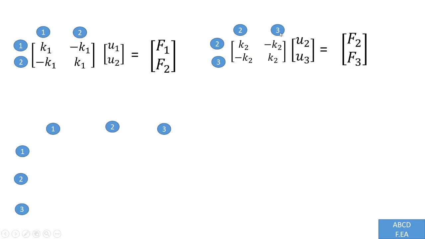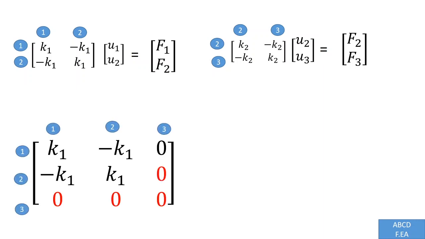Now if you see there is a golden rule. The number of elements is 2, however the nodes are 3. So if the nodes are 3, your matrix will be 3 cross 3. So I have written here a 3 cross 3 matrix. This is 1, this is 2 and 3. As it doesn't have any value for my third element, it is 0. All are written in 0 form. Got it? Because again I will repeat, it is not showing any value for this.